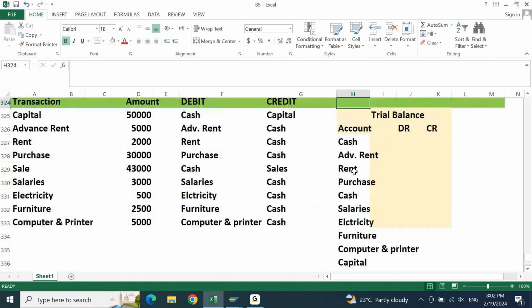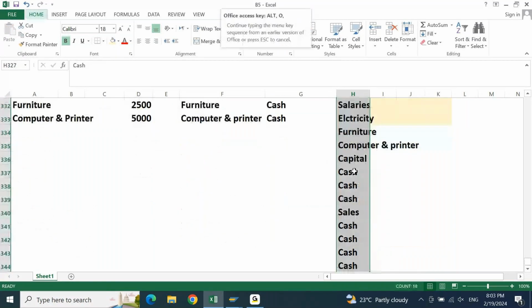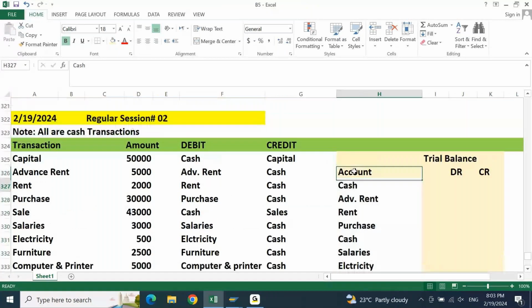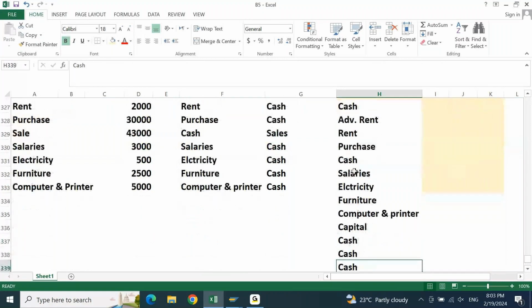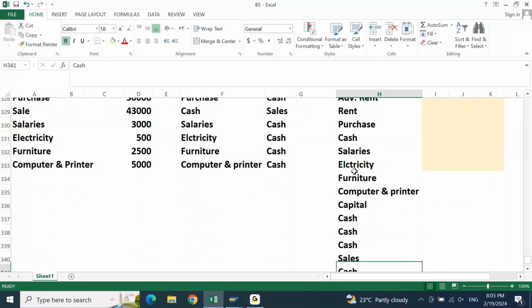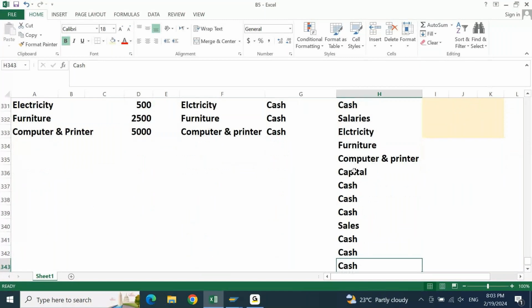Now, if you look at all the accounts we have listed, there are so many accounts which are duplicating. Cash is here, advance rent, purchases, cash is again duplicated. If you scroll down, everything else is unique. Cash is appearing so many times. In the trial balance, you are not supposed to duplicate any account. So what I will do, I will simply select this, copy this data